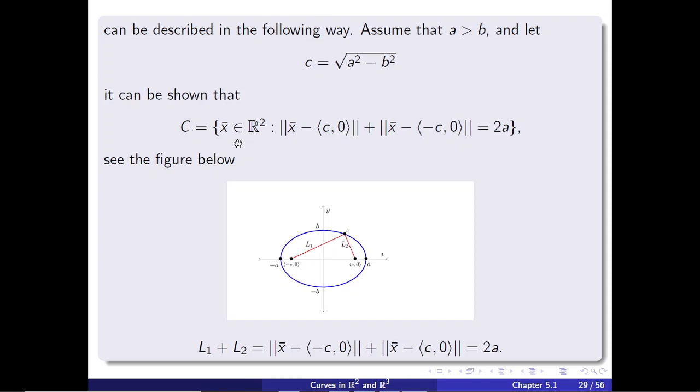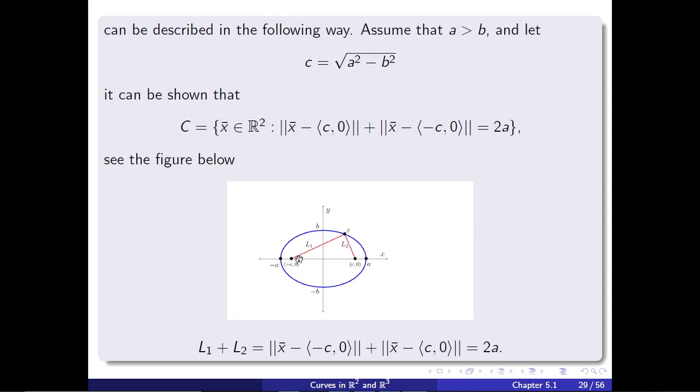C, which is the set of all points in R2 such that the norm of x minus (c, 0) plus the norm of x minus (-c, 0) is equal to 2a. So we want to show that, well, it can be shown, we're not going to prove it, but it can be shown that